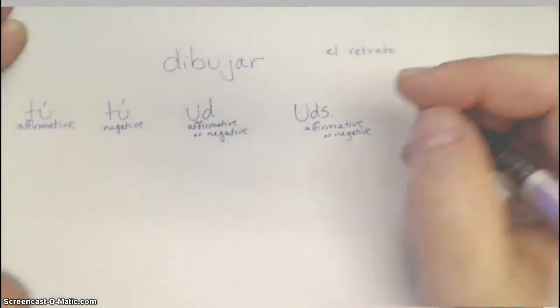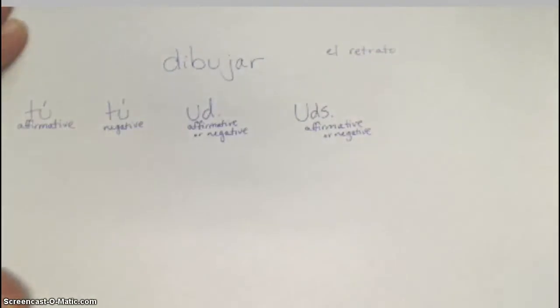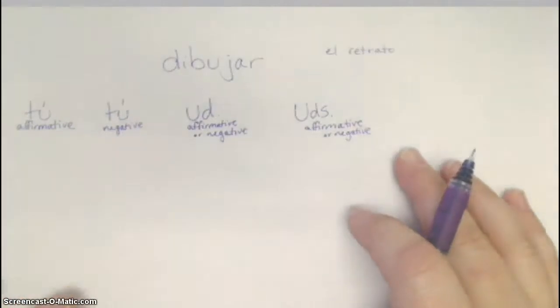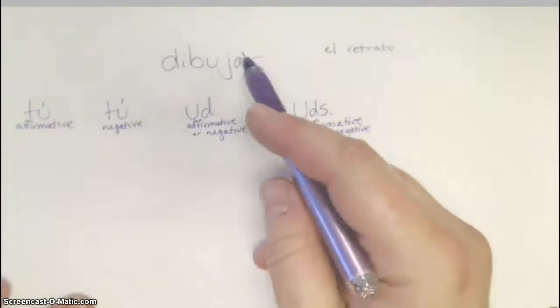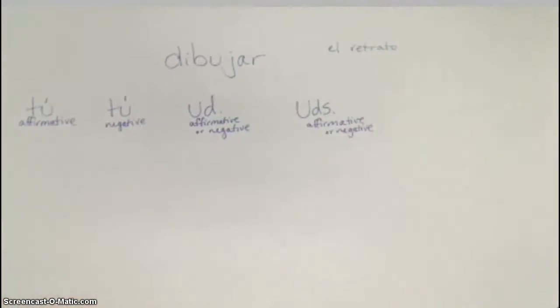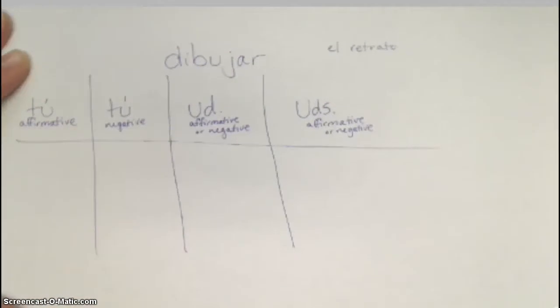All right, so there's your little review nugget for your test tomorrow. So I'm going to use the verb dibujar, and it's an AR verb. So if I'm making my little chart here, and you might want to do something like this on your test, I don't know. But make sure you keep these straight because, as I told some of you,